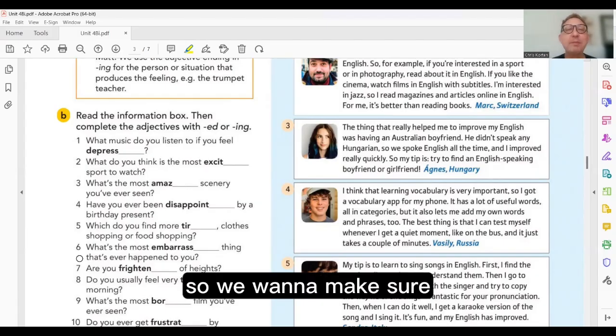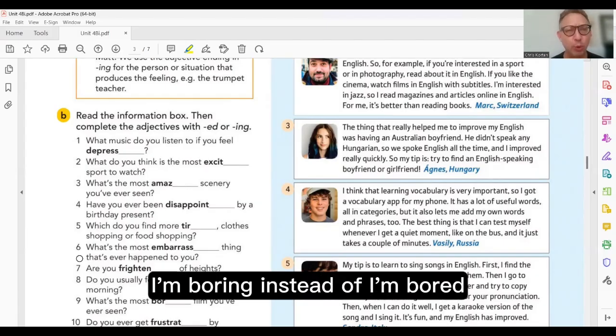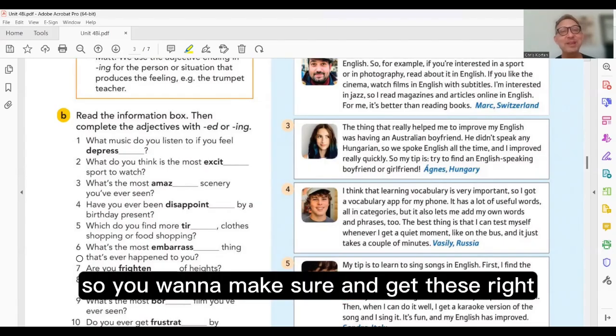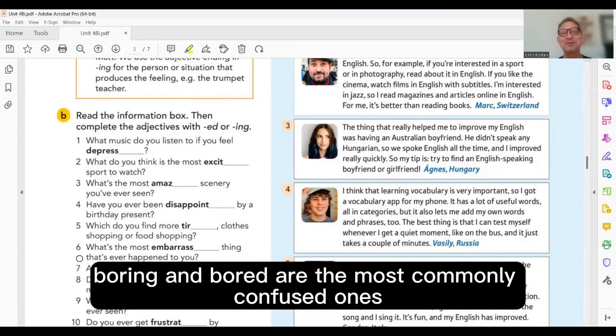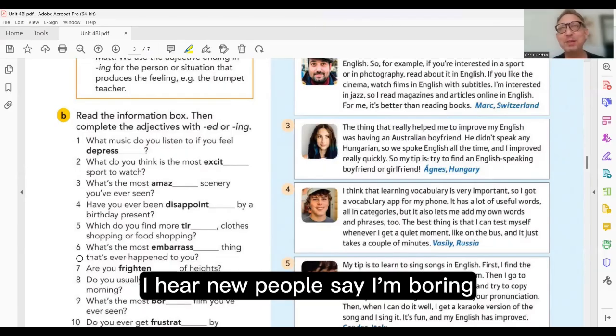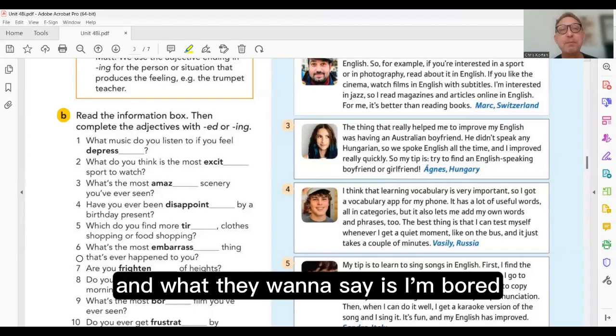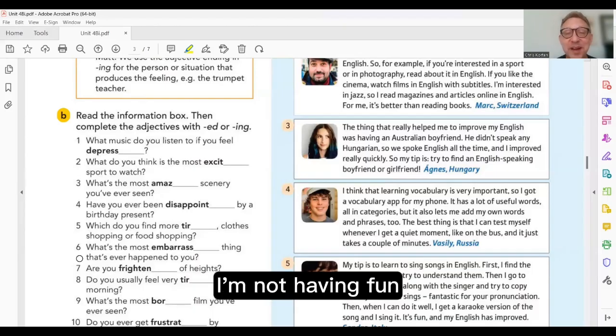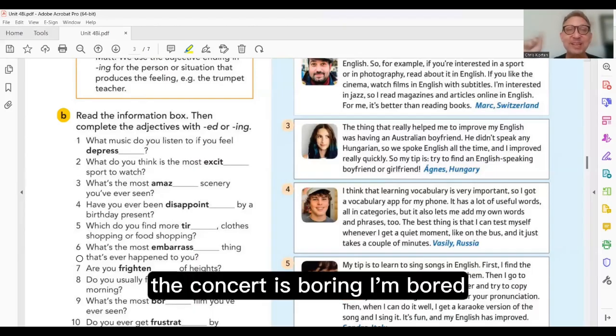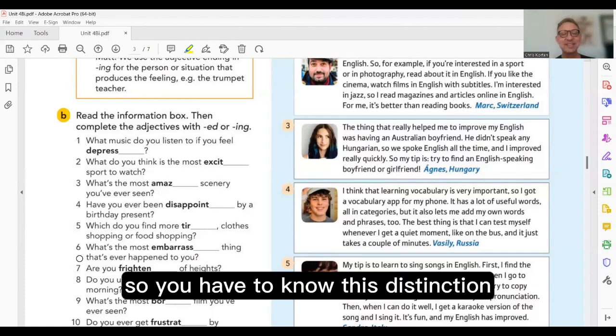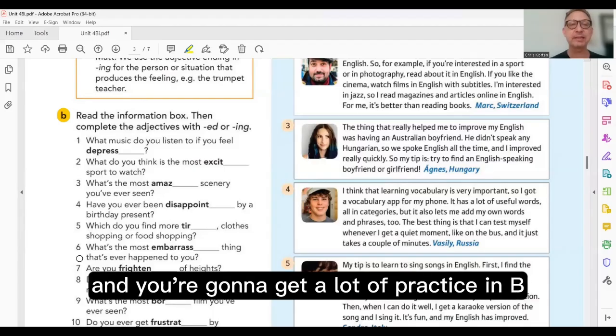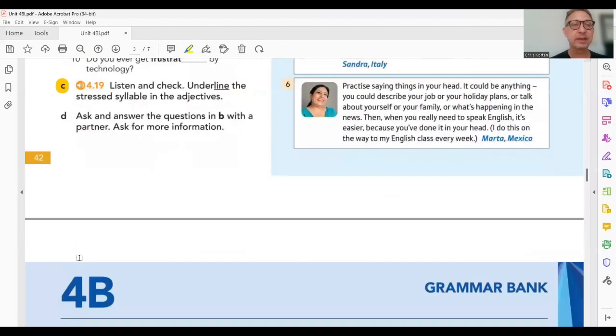So we want to make sure, I'm boring instead of I'm bored. So you want to make sure and get these right. Boring and bored are the most commonly confused ones. I hear new people say, I'm boring. And what they want to say is, I'm bored. I'm not having fun. The concert is boring. I'm bored. So you have to know this distinction, and you're going to get a lot of practice in B